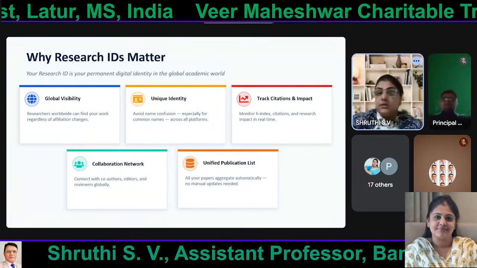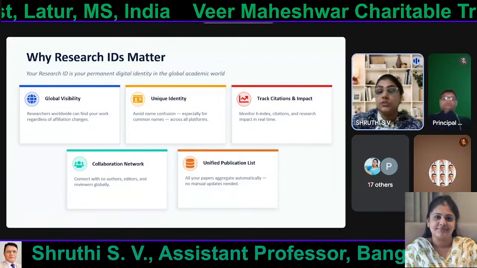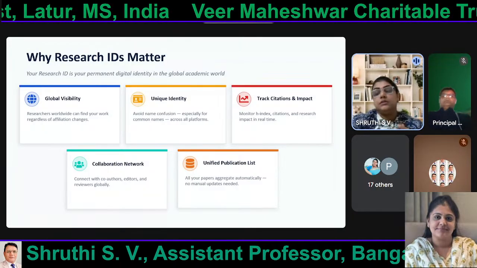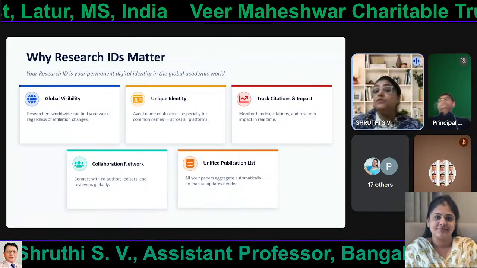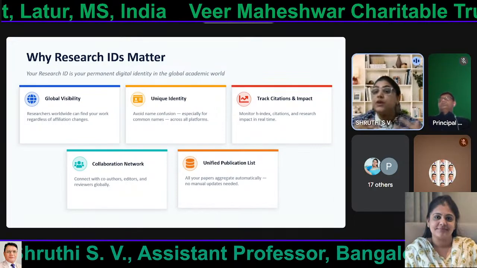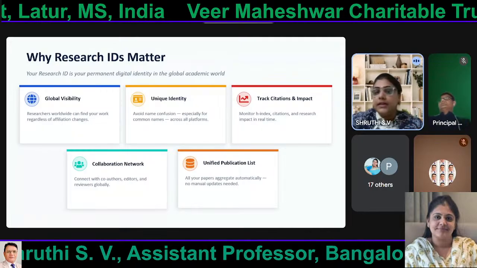From this, we are able to have many publications in which we can incorporate the research IDs. And from this, even if the same name exists, we can prevent mixing of papers with other authors because we have unique IDs. Then if we consider track citation,